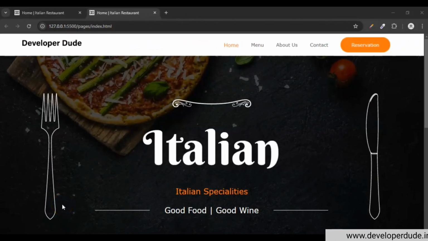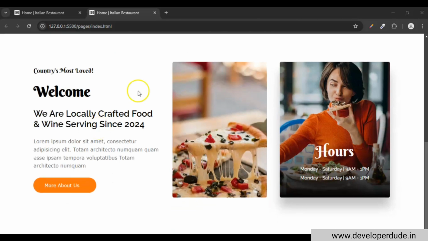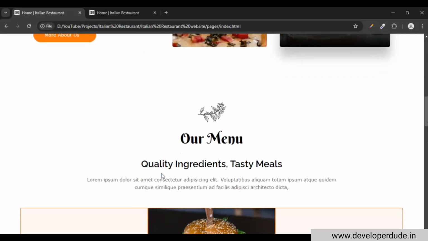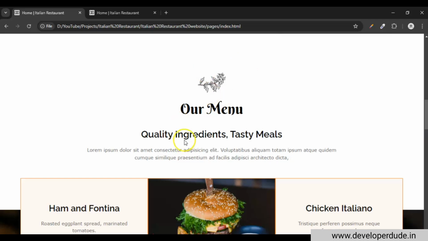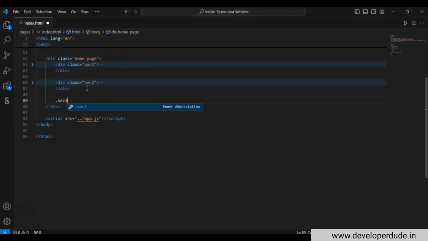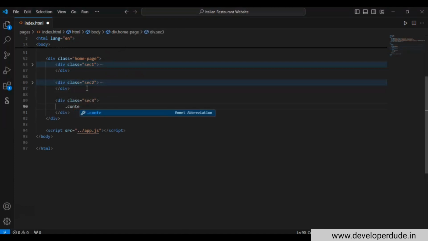In the previous video we made section 2. Now it's time to create section 3, which is this one. You can see this image, heading and this paragraph. So this is in section 3. So let's open the file, and after section 2 create a section 3, and in this section 3 create a content div,